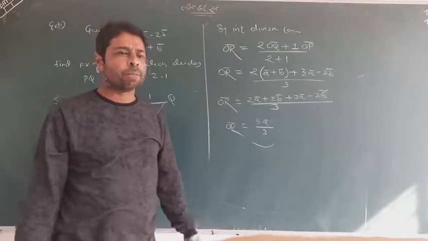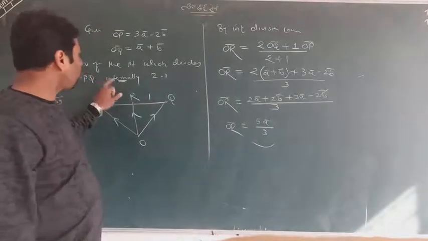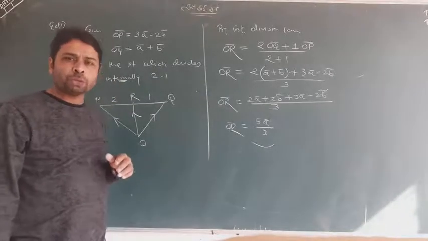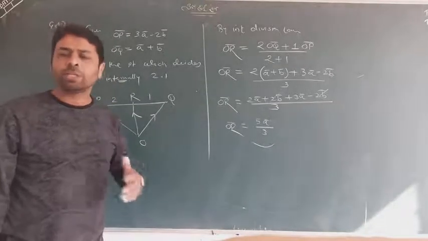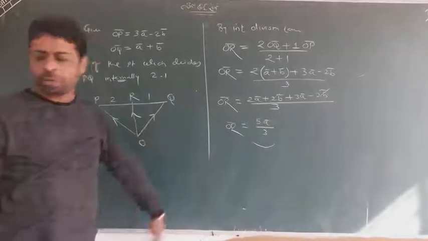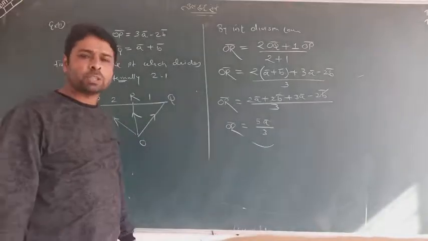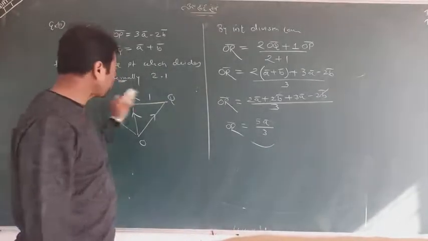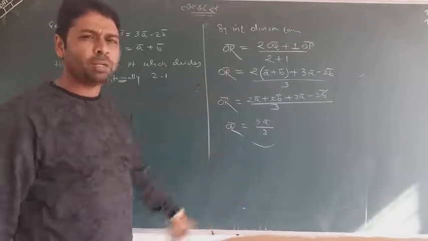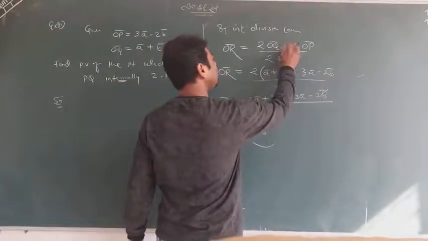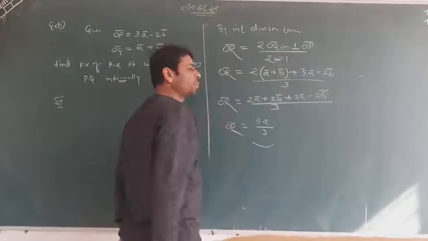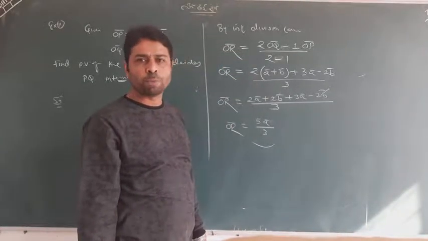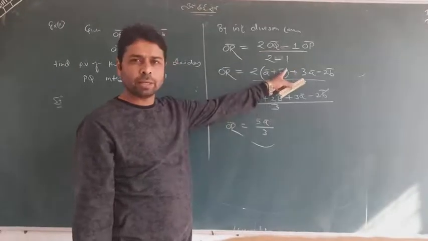But this is very simple. In question number 2 we are also told external division. So I just want to suggest you something. In case of external division, don't make a picture. The picture was looking good when internal division was there, but in case of external division, you don't do this. Please don't make a picture. Please write the formula directly and go ahead. It is minus and it is minus, and solve till the end. Because in external division, you know what to do: we just use the formula with minus sign and go on.